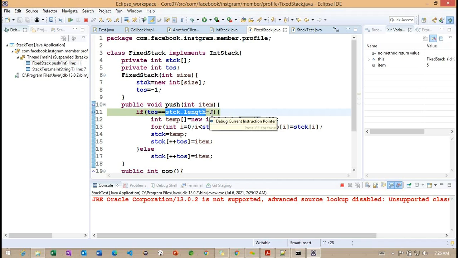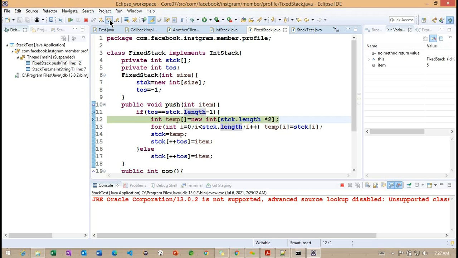So why am I making the length minus 1 here? Because the values we are going to insert from 0 onwards, but the size is going to start from 1 onwards. So don't confuse here. This is important here. Okay, because of this particular 0, now what I'm doing here, I'm making minus 1 here. The indexes are going to start from 0. We are making minus 1. Okay. So the condition is satisfying here.